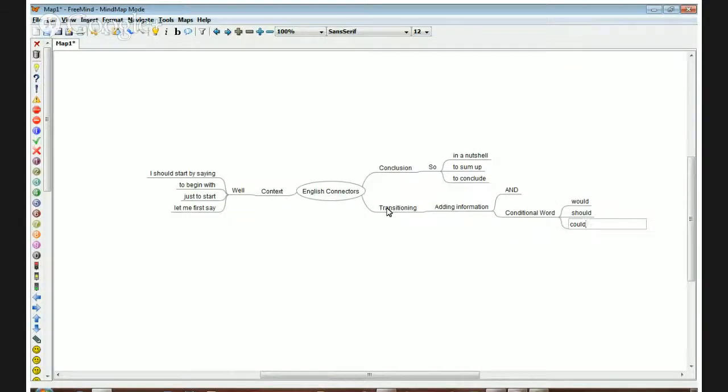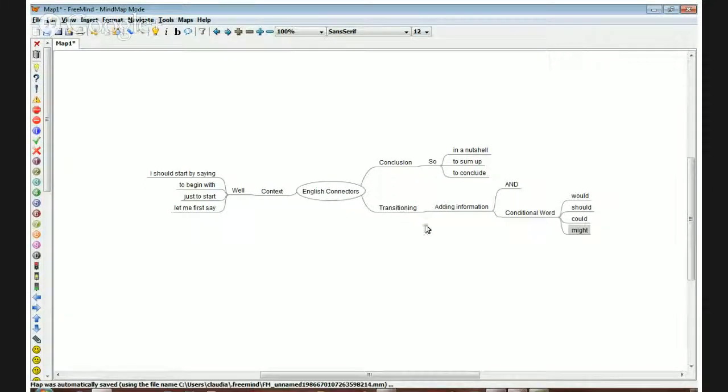I erased my could. Would, could, should, might. And then whatever else you're going to say. So let's go back to what Shafar said for a second. Let's look at the map and see how it would sound, basically to say what he said. You could begin by saying, well, I should start by saying,